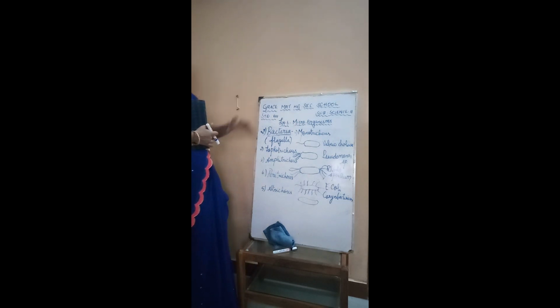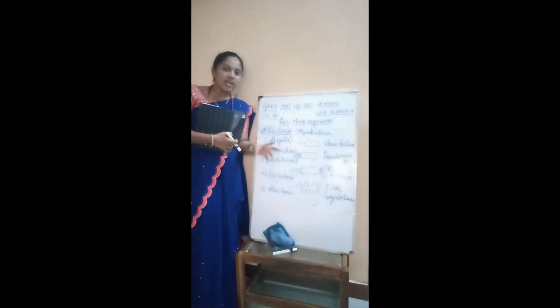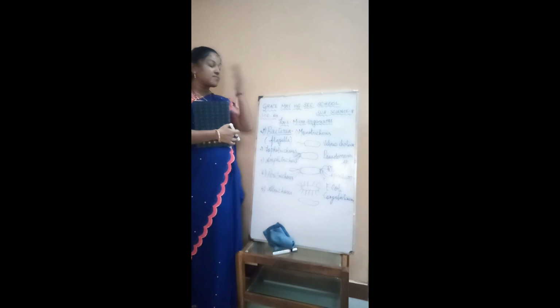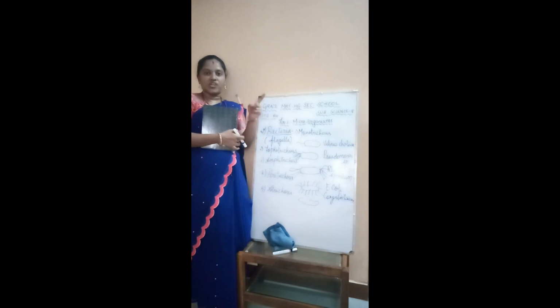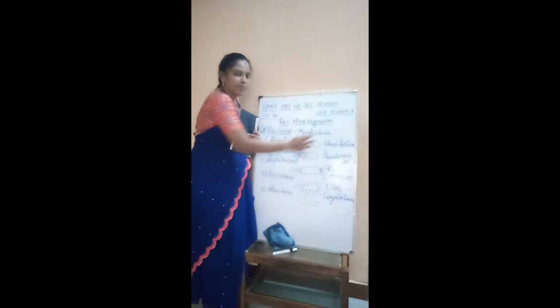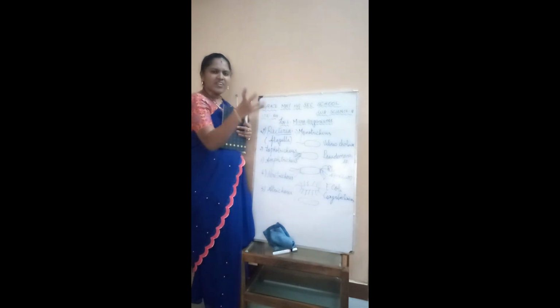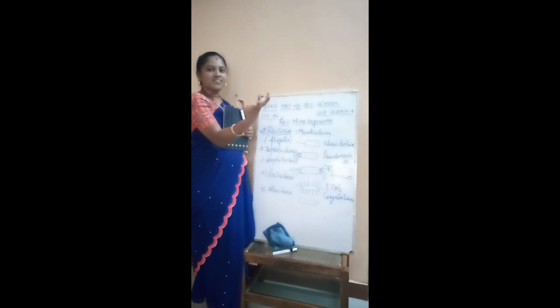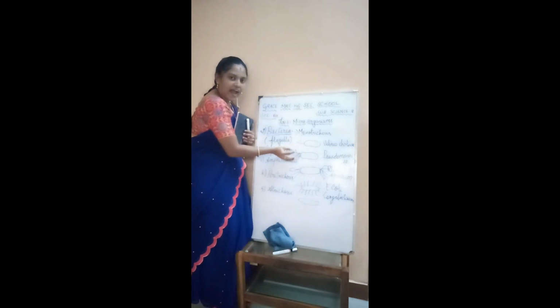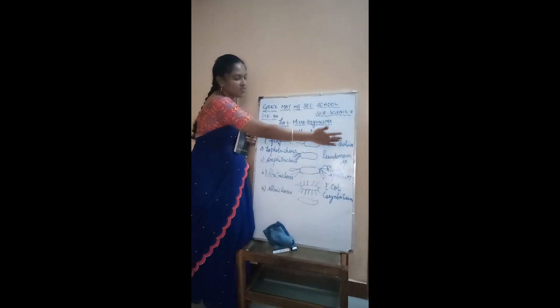Now, let me have a quick recap of the classification of bacteria based upon the arrangement of flagella. First, it is monotrichous. As the name suggests, mono is nothing but single. Single flagellum at one end. That is monotrichous. Example for this, Vibrio cholerae. Next it is Lophotrichous. Tuft is nothing but a group, a cluster of flagella at one end. Example for this Lophotrichous is Pseudomonas species.